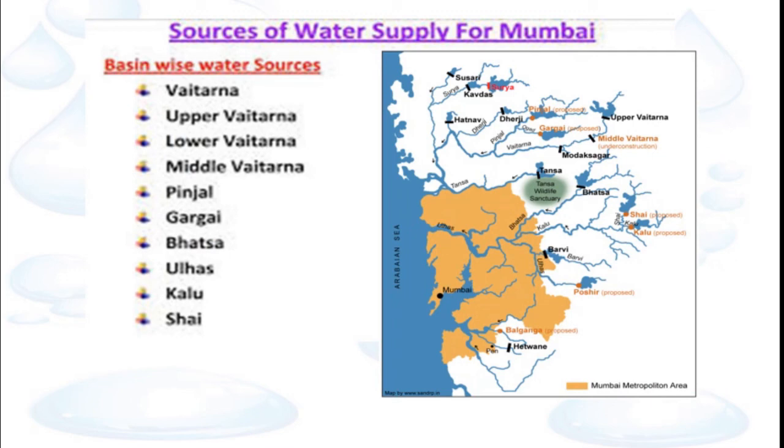Yes, students, here we will get some additional knowledge. We live in Mumbai, so please see this. Different sources of water supply for Mumbai. See, some lakes are there and some rivers. From that we get water. Like this, some of them, Vaitarna, then Bhatsa, Ulhas river, then Tansa, Kalu, etc. Okay, from these water sources we get water for Mumbai.